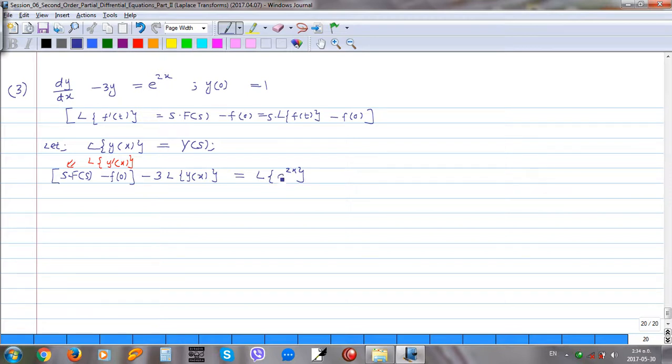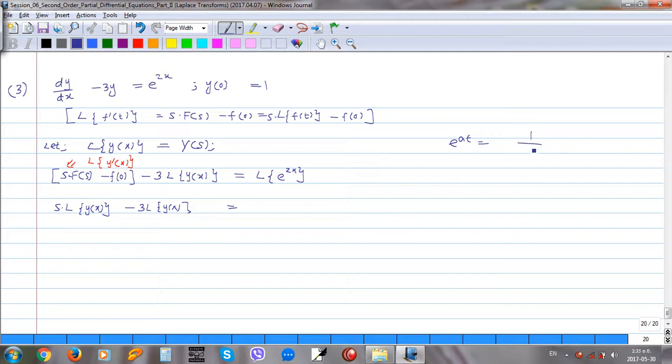So F of s equals L of f of t, then I can write s times L of y of x minus 3 L of y of x equals